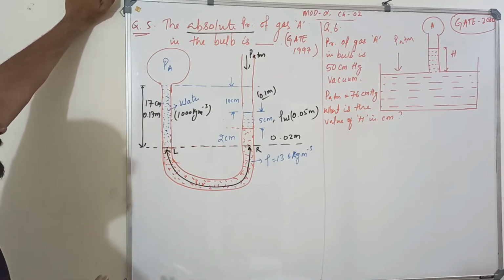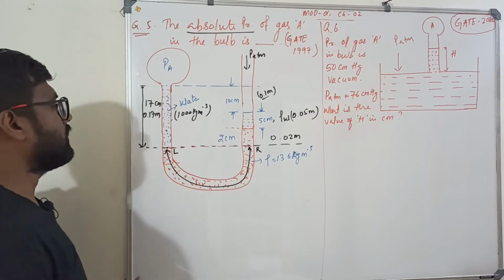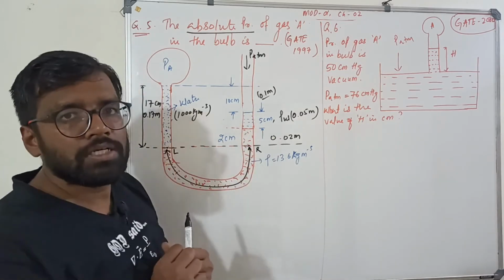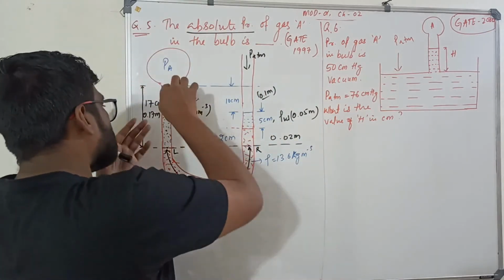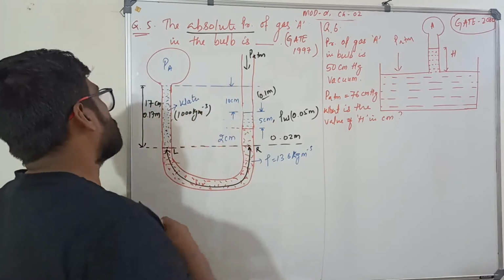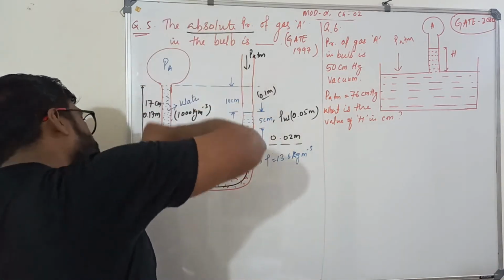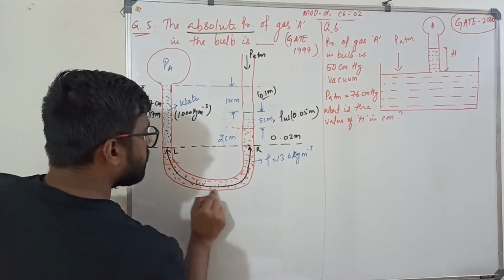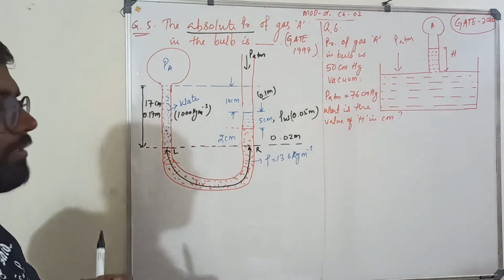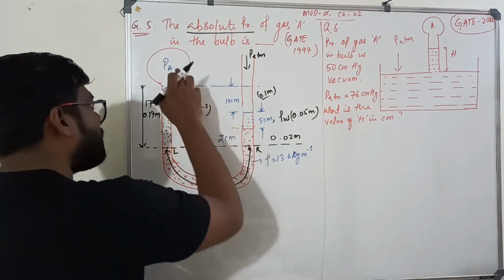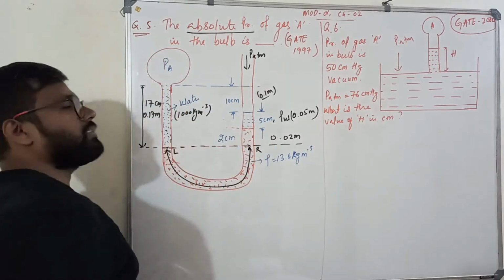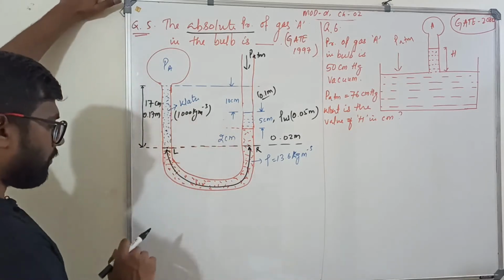The pressure on the left hand side equals the pressure on the right hand side. I am going a little slow. Initially you have mercury. When you pour this at A, you have some pressure of the gas, and here you have water, and this side also a little water. Because there is certain pressure at A, it started pushing, and the mercury level has gone up on that side, which means the pressure here is higher. If there were low pressure, the mercury would have stuck to this side, on the left leg. So let us solve the problem.